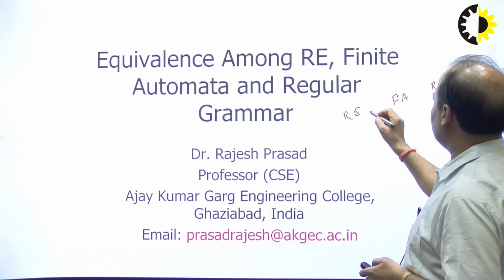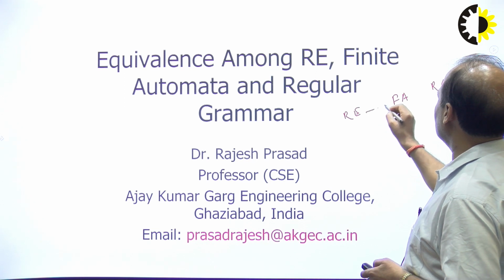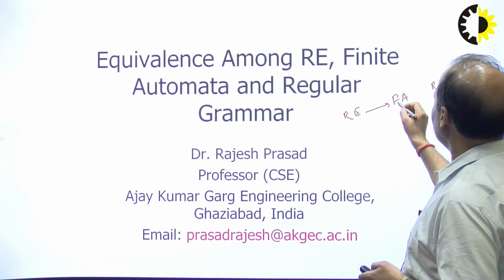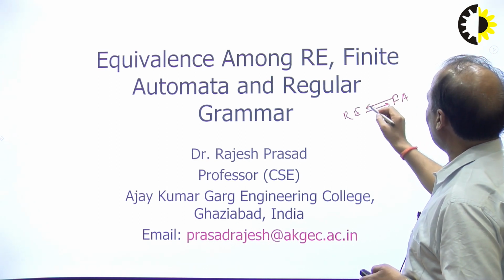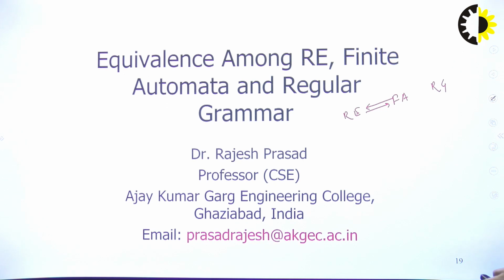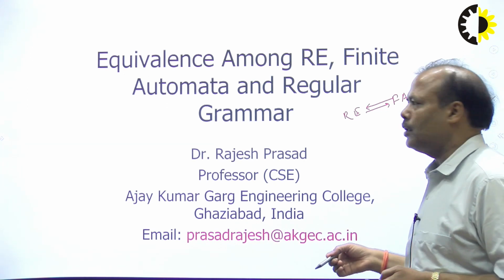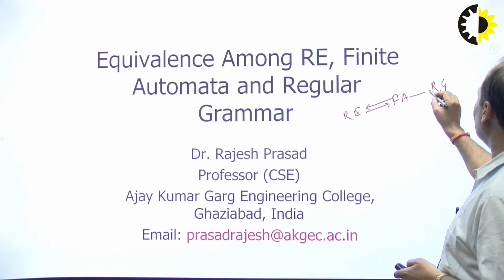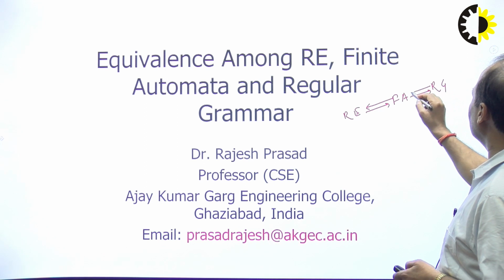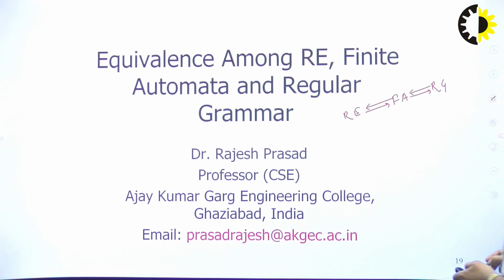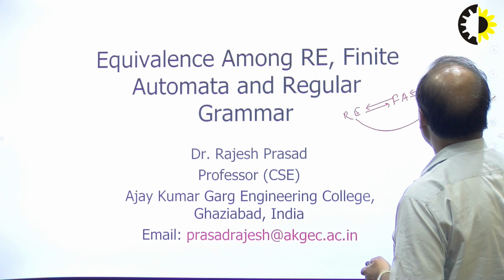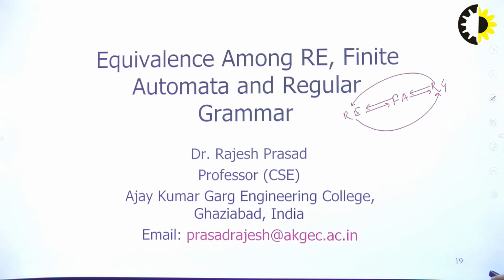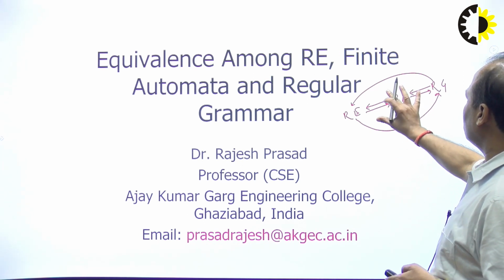You have seen in my previous lecture that regular expression can be converted into finite automata. Now we will see that finite automata can also be converted into regular expression. That means, given a finite automata, how to get the regular expression. Same thing from finite automata to regular grammar and from regular grammar to finite automata. And we can see that all these three things are interconnected, right? So we are going to discuss about this